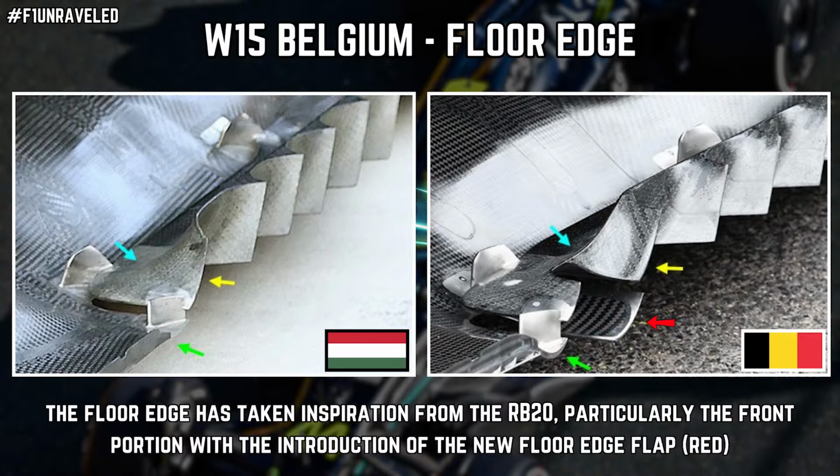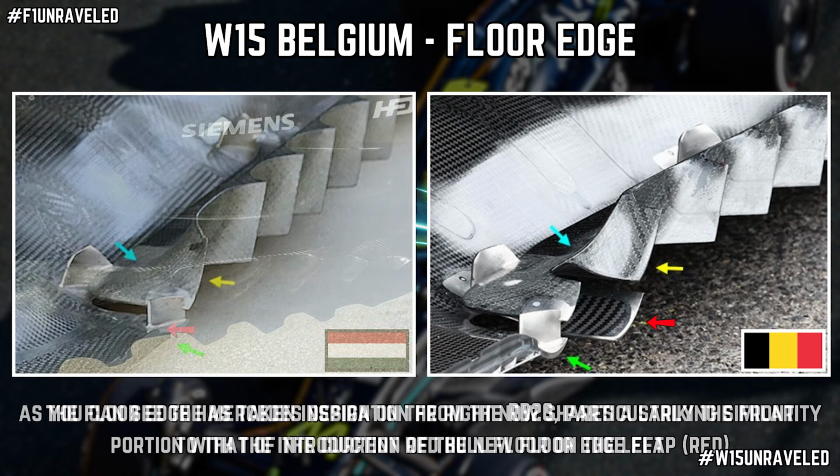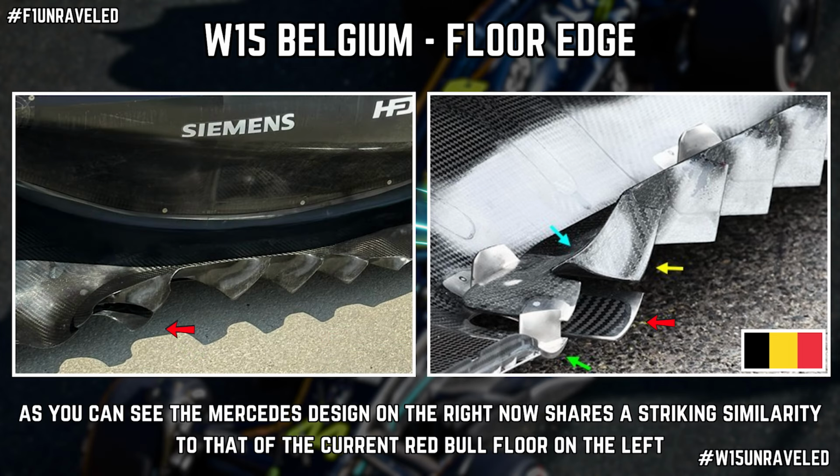Now, also in this area, and this is much more of a substantial change, and it's going to have quite the effect on what's going on within this area. And of course, I myself and you cannot completely and fully get to grips and understand what it is because we don't have any of the airflow available for us to see. But they've taken somewhat of a Red Bull RB19/RB20 approach to the front portion of it, where they have an underflick now introduced at the front of the new floor. And of course, these little modifications are just going to help naturally guide the airflow, probably with a bit more accuracy,